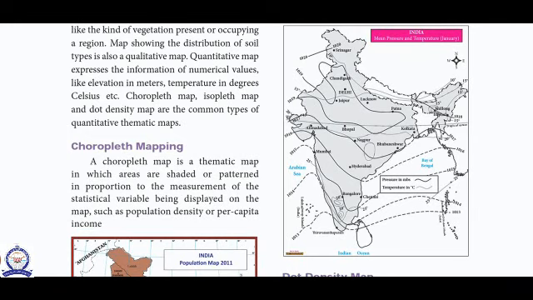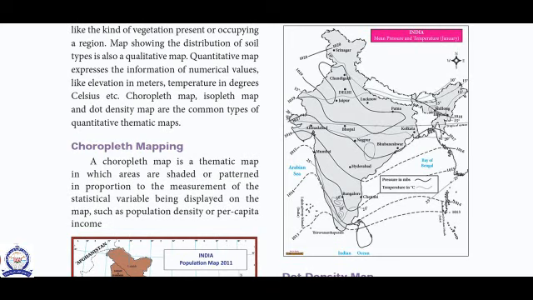A map showing the distribution of soil types is also a qualitative map, and a quantitative map expresses the information of numerical values like elevation in meters, temperature in degrees Celsius, etc.